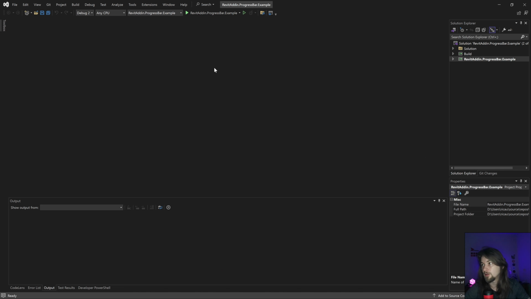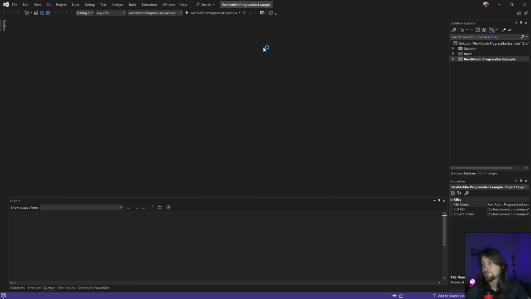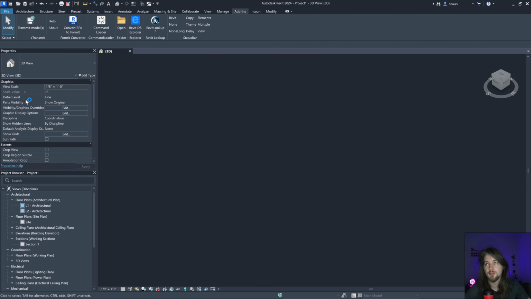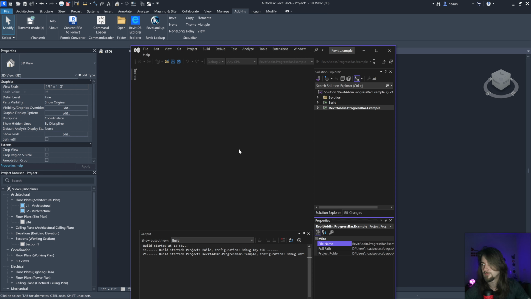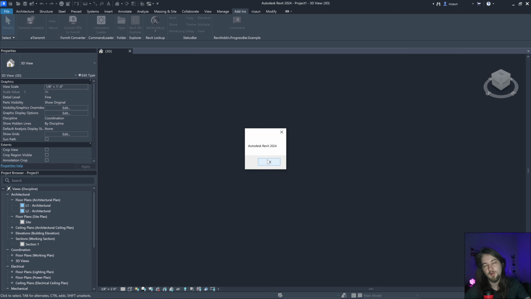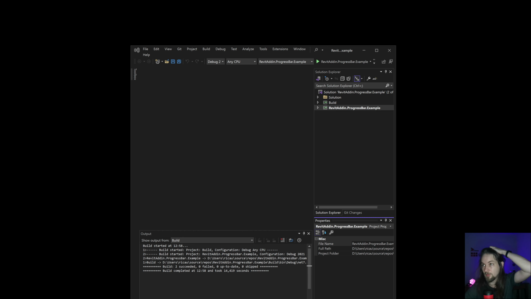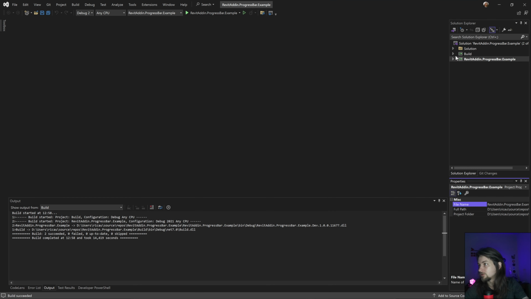For me, here is the project. If I build that, a new icon with the button for the plugin that I just created is going to appear here. It's building, I guess. Let's go. Yeah, here's my plugin. If I click, it just shows the version of my Revit, nothing fancy. But yeah, let's make some changes here, and let's check out the package.